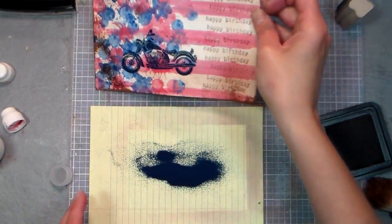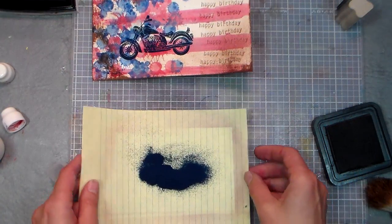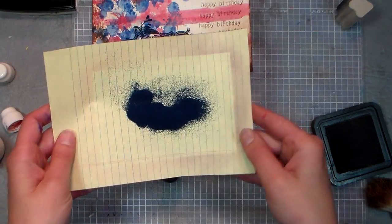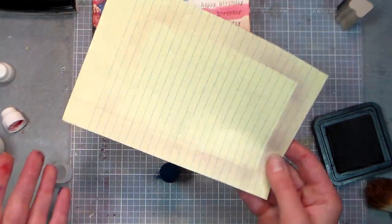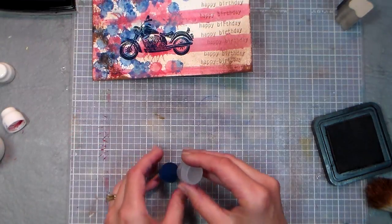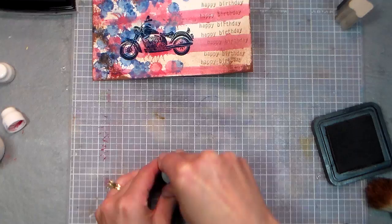Alright, hey, that looks pretty good. So look at me putting this back in the jar and capping it off before I spill it. Oh, you can teach an old dog new tricks. Look, it never wants to all fit back in there when I'm done. What's up with that? So let me just...